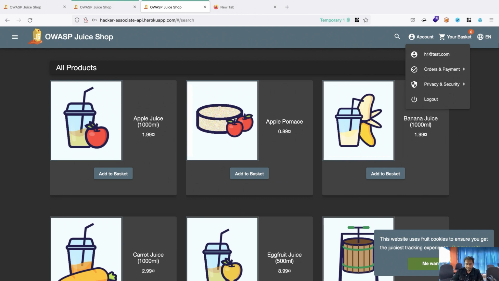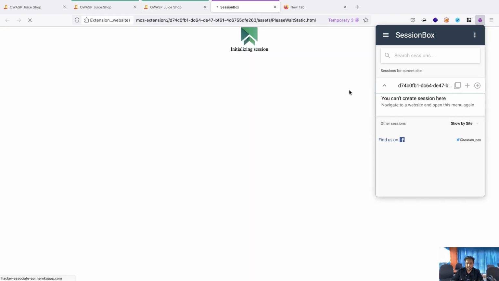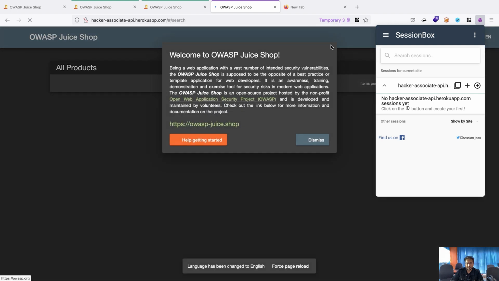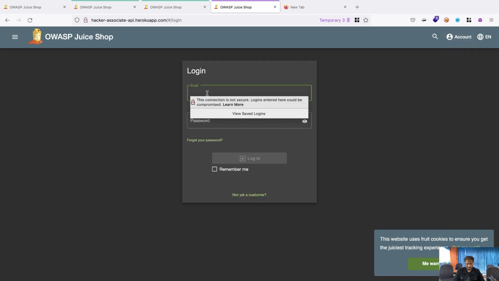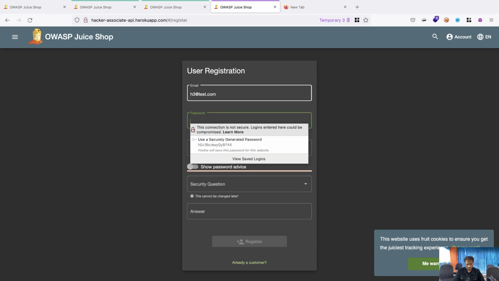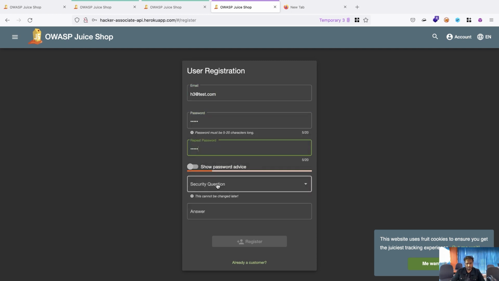Next, if you want the same thing, go ahead once again and click the plus button for a temporary session. Now you can see another application open, temporary 3. Dismiss it. Now I can go to login again and register with the same application. Type h3@test.com, password the same, 12345, and the same security question.